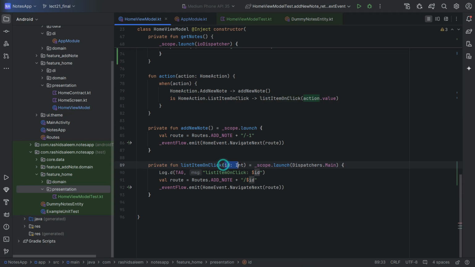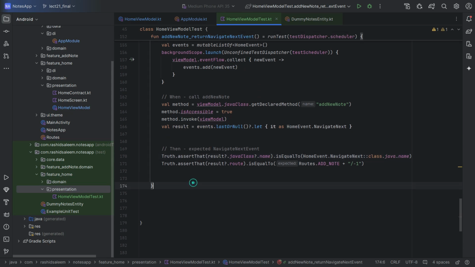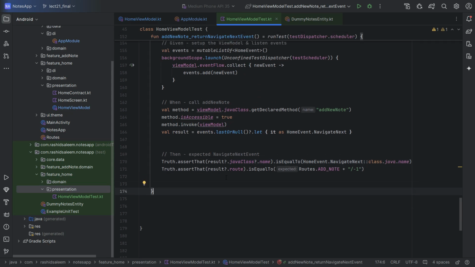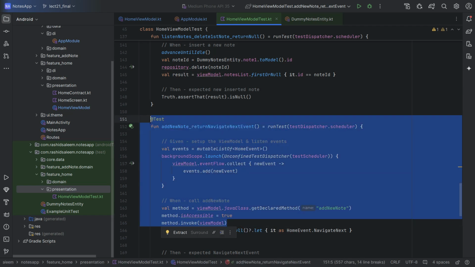And now we will test this method list item on click, and this will take id as a parameter, and this will also emit the navigate next event. But in this navigate next event, we will have add route with the relevant node id as well. So we need to test this one, so we will write the test case for this one. But let's copy the name of this one and create a... actually this portion of the code would be same, so let's copy this one,